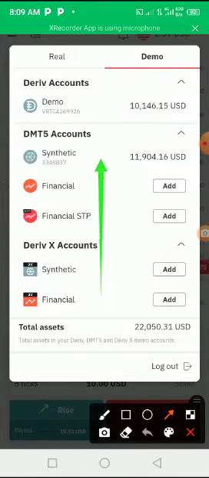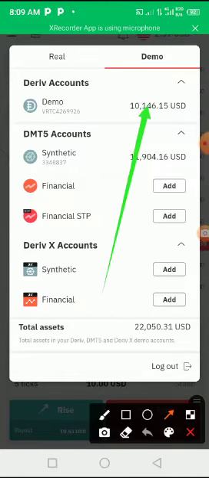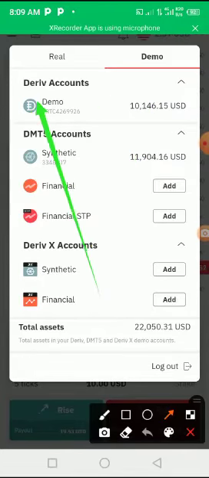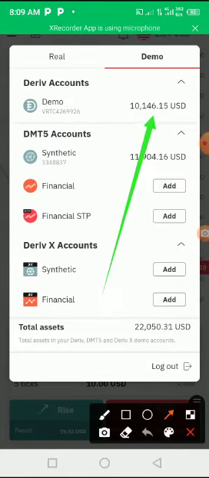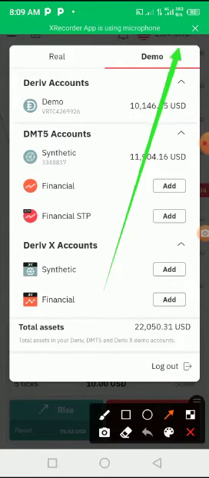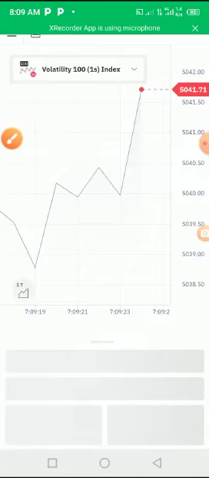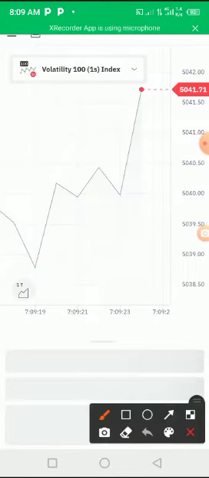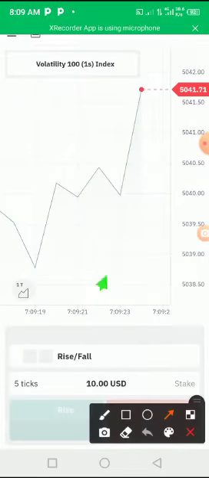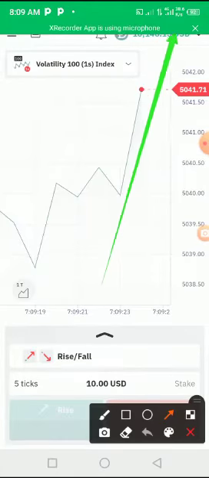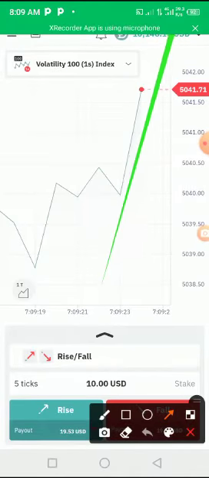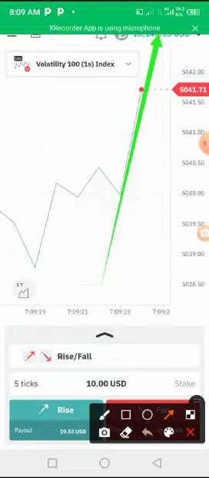Another thing now is to tap this money behind the demo. You see demo, you see the money. So you tap on that money so that the demo will pop up there. So let me tap the money. I tap the money. You are now waiting for it to load. Just look here. The money will appear very soon, because you see the money has appeared. Okay. Now I'm on my demo.